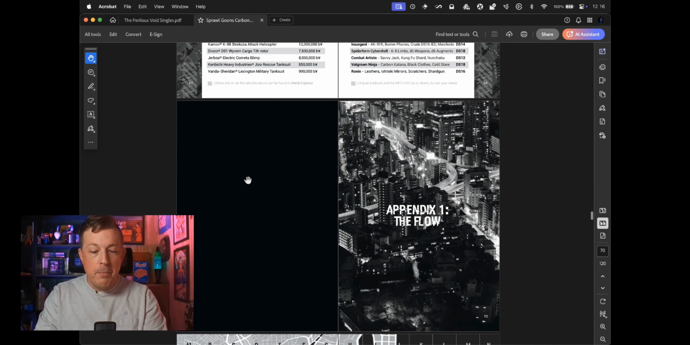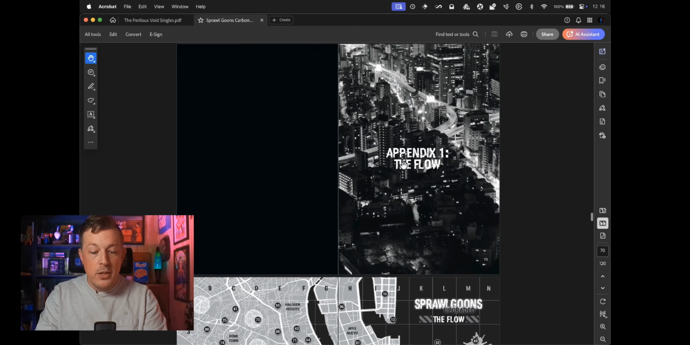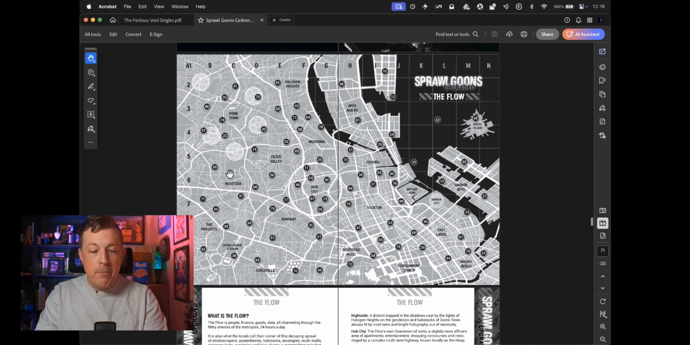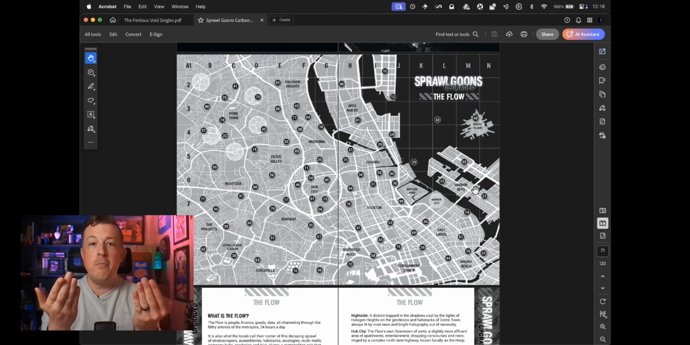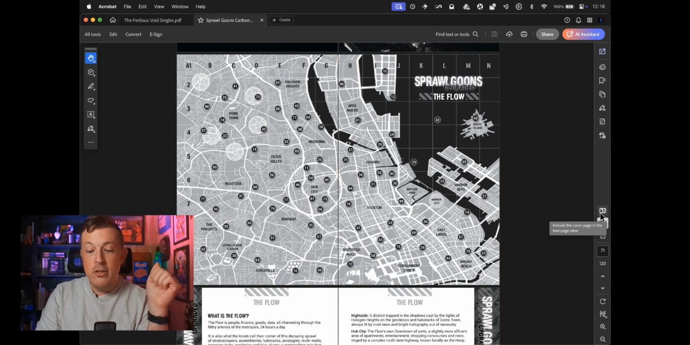Now this blank page has Appendix 1, the flow, and now this map is properly laid out and you're seeing it as a 2-page spread the way that it should be viewed. But this is actually all single pages. And hopefully this makes sense of where viewing a single page PDF in the 2-page layout, but it could be off by 1 page. This little feature, the include the cover page in the 2-page view, toggle it on or off,